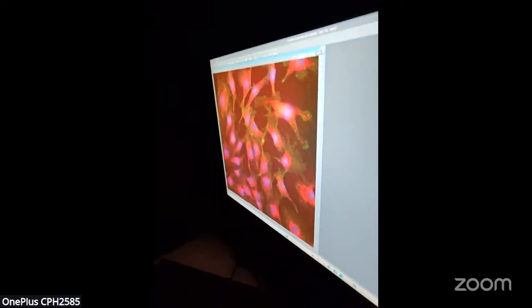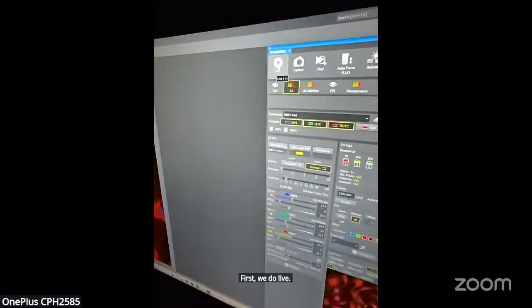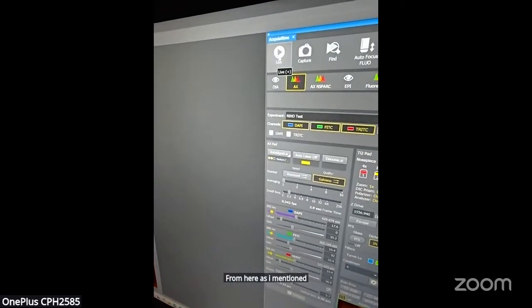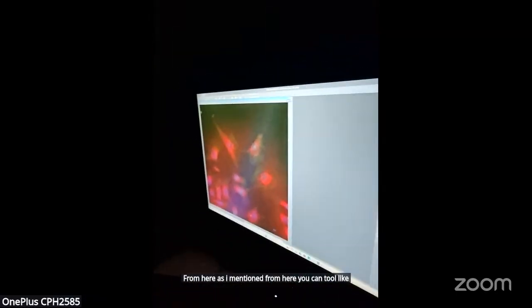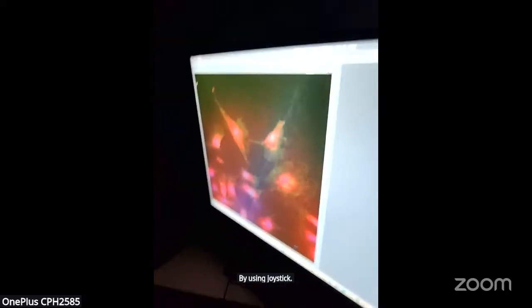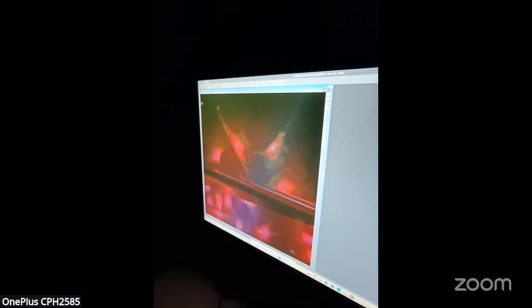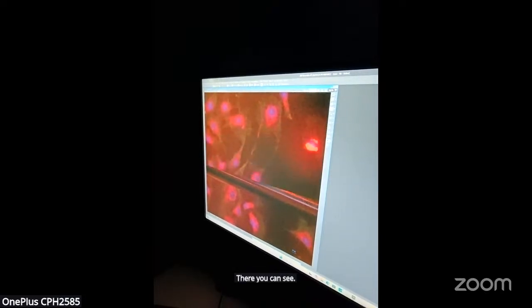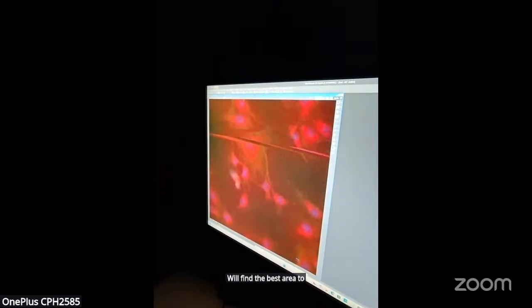First, we'll do live. From here, as I mentioned, you can do live. So we'll change the area by using joystick. Here you can see. We'll find the best area to capture the images.